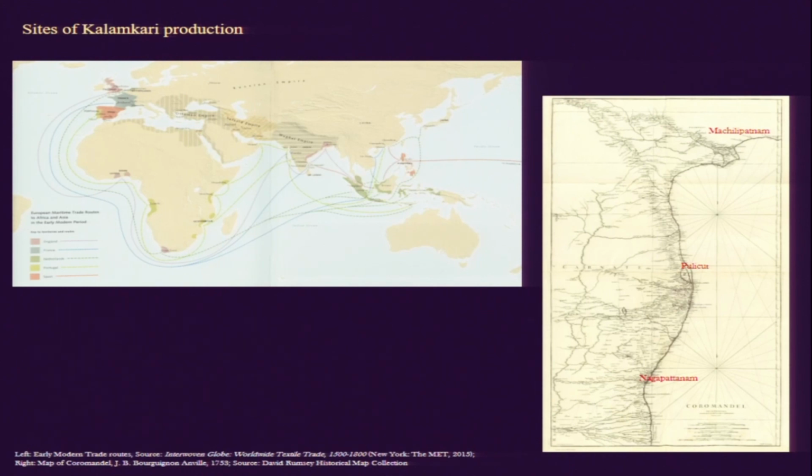So this is why, as I have also mentioned briefly in the earlier module, when we are talking about trade networks, trade networks are very important in kalamkari production exactly because of that. Its proximity to the sea had enabled certain exchanges between the locals and the people who would arrive from other places, and that tremendously boosted the aesthetics as well as the spirit of making these kalamkari textiles.